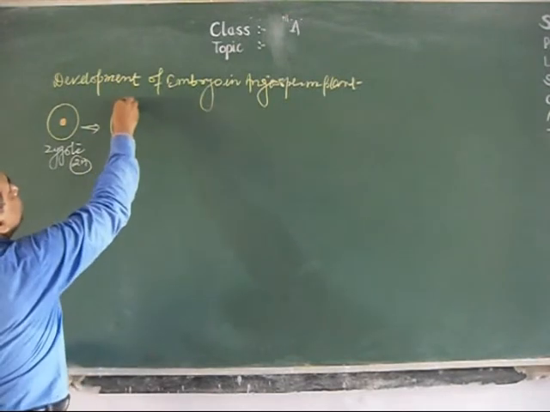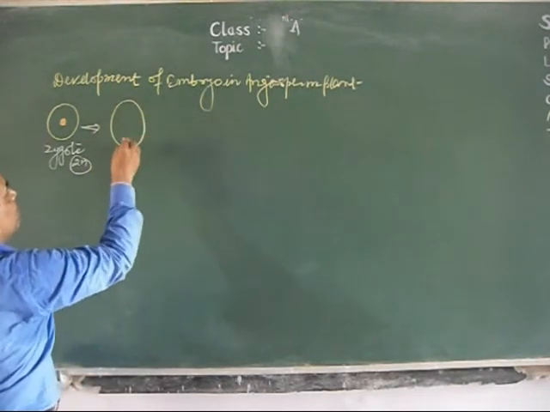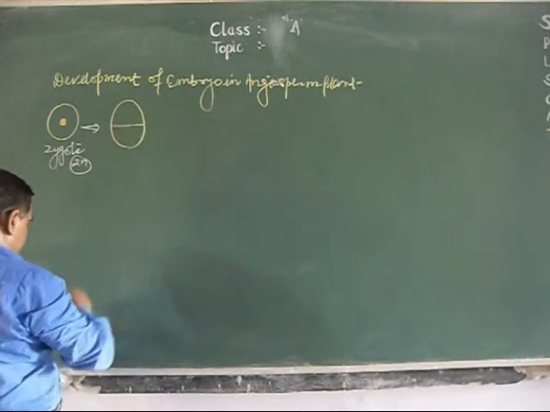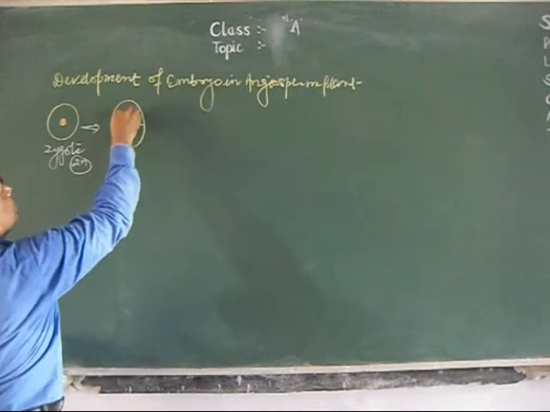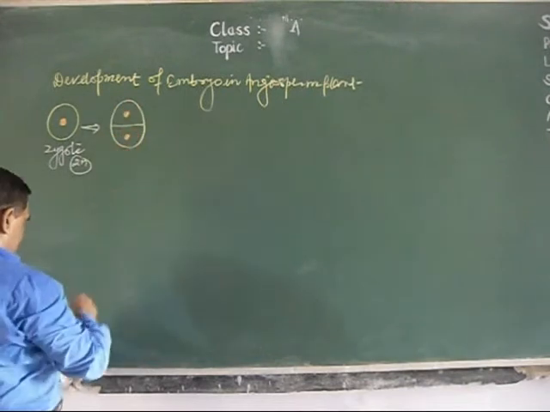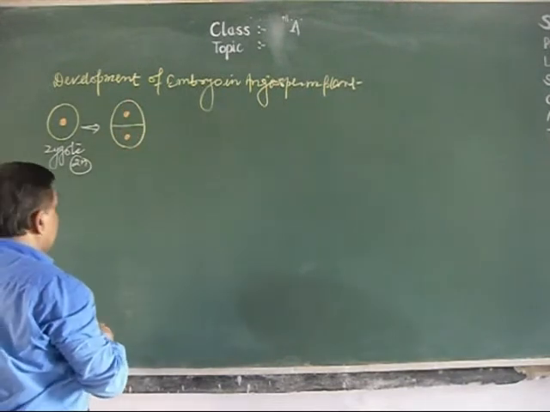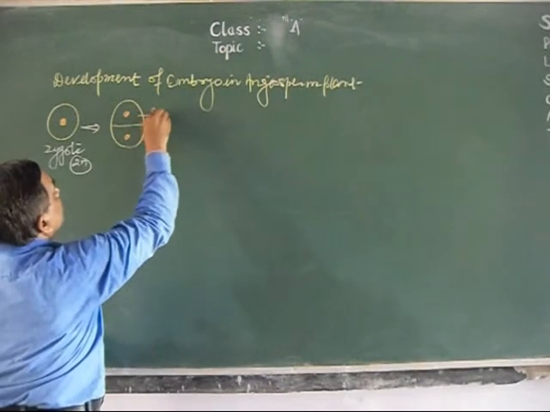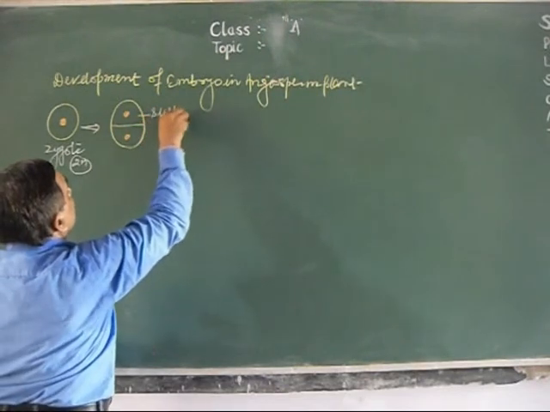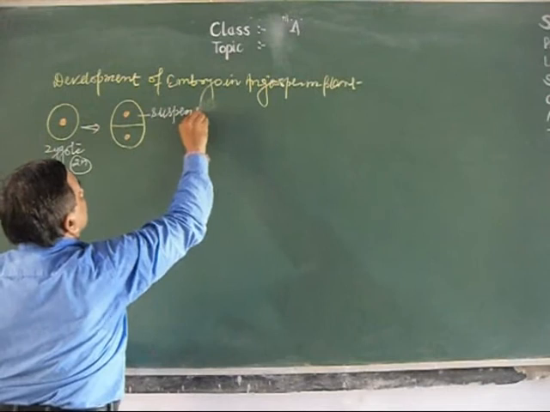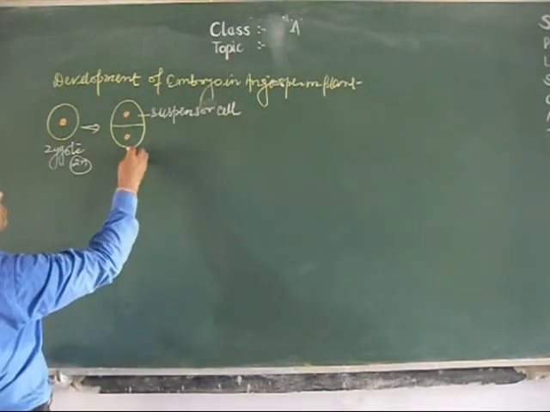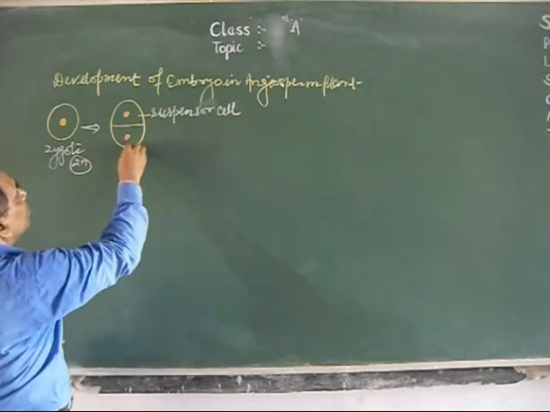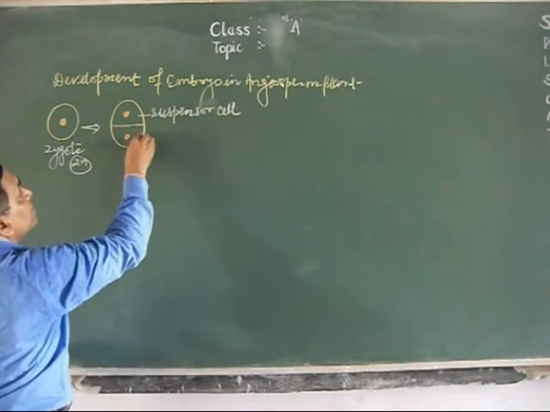It undergo cleavage, and the cell which is present towards the micropyle, that is called as suspensor cell, and the cell which is present away from the micropyle, that is called as